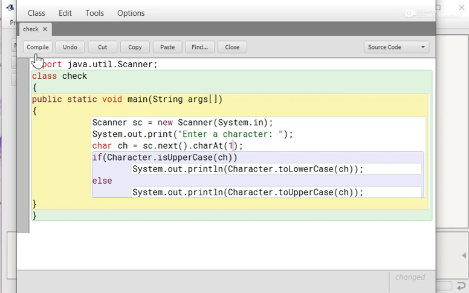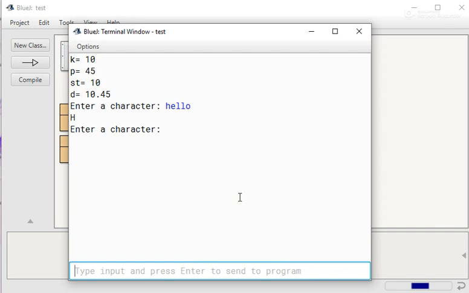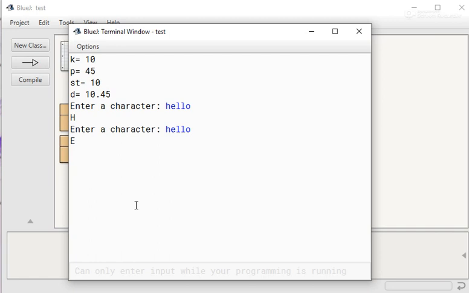Now again compile the program, close it, run again. Okay. Now enter a character. I have typed same word hello. Now it has taken e, second letter. This is the function of charAt.